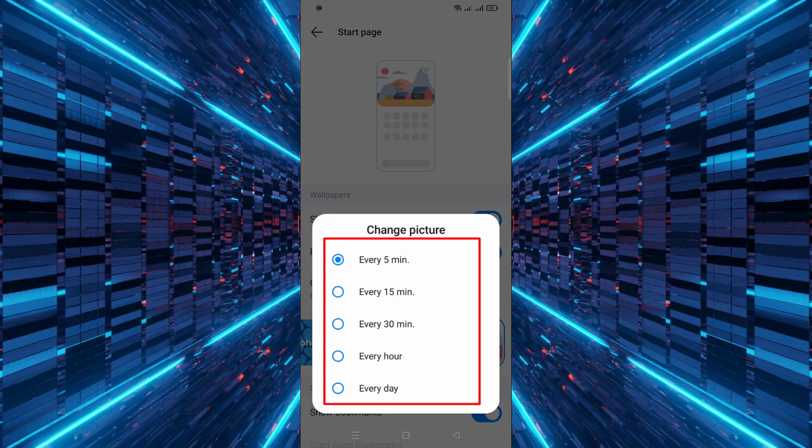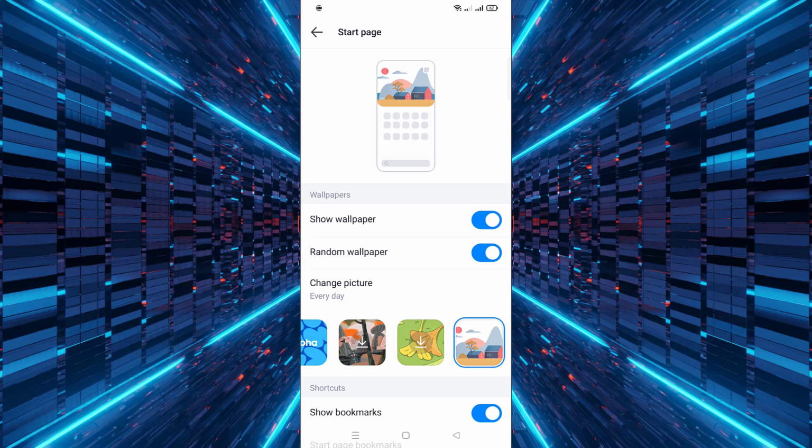You can choose between several intervals, such as 5 minutes, 15 minutes, 30 minutes, 1 hour, or even 1 day, depending on how often you want your wallpaper to change. Finally, once everything is set, return to the browser homepage and enjoy the new dynamic look each time your wallpaper